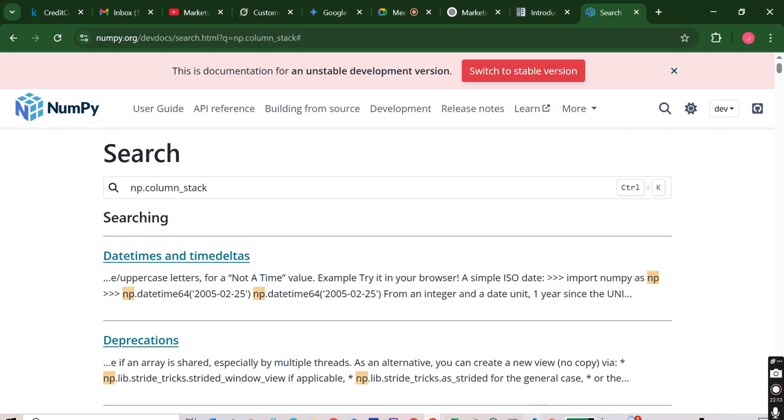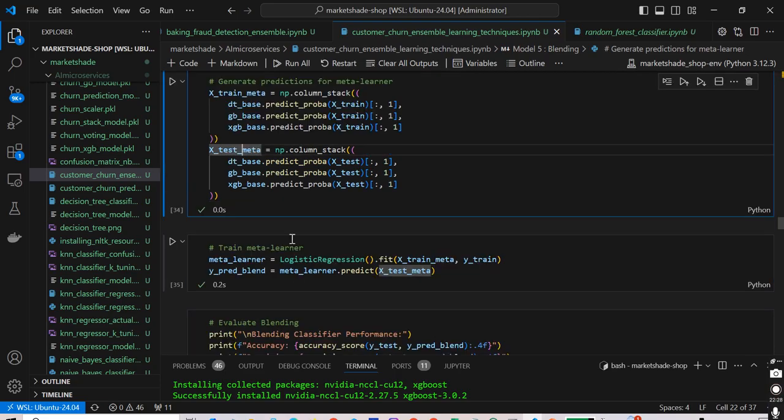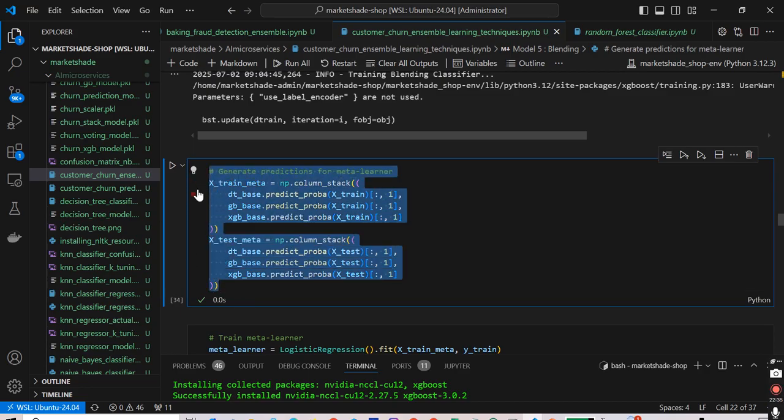Still doing the searching. But basically, what it does is combine all these into columns. So this is a column, and this is a column for X train and both for X test metadata. Then after forming this, what we refer to as a new feature matrix,